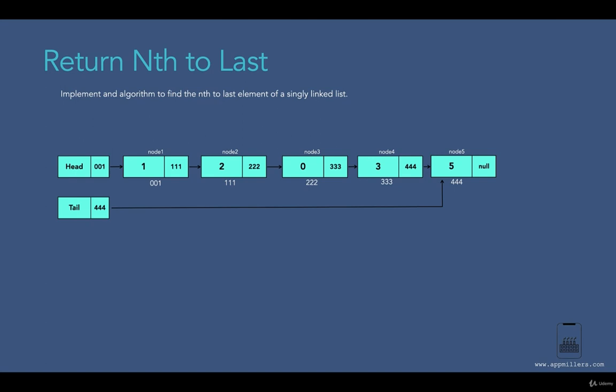So the next question over here is we need to create a method to find the nth element from the last node. So what does it mean? Let's say we have a single linked list like this and we want to find the nth element from the last node. It means we need to return the element which is located n steps from the last node. For example, if we want to find the third element to the last, we are going to